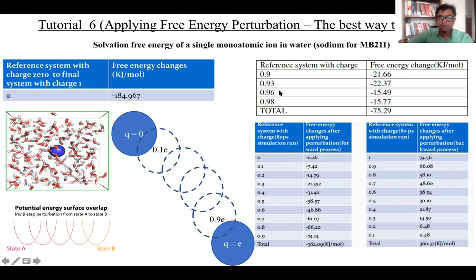This is another thing that we do. To see how good we are doing, say between 0.9 and 1, within the change that you are making in every trajectory, are you doing a good job? Is it a good estimate, or do you need to make further stratification between 0.9 and 1? So if you do 0.9 and have multiple trajectories at 0.93, 0.96, 0.98, and then add it up, you end up with minus 1775.29. And if you do from 0.9 to 1 directly, you end up with 74 points. So there is a difference of about a kilocalorie, right? It's more than a kT.